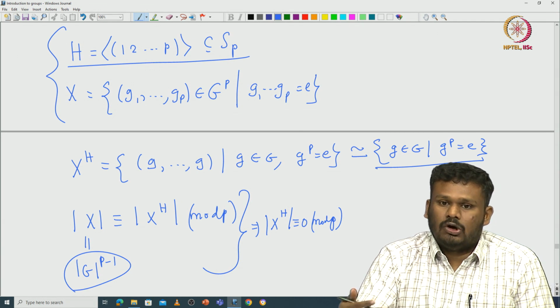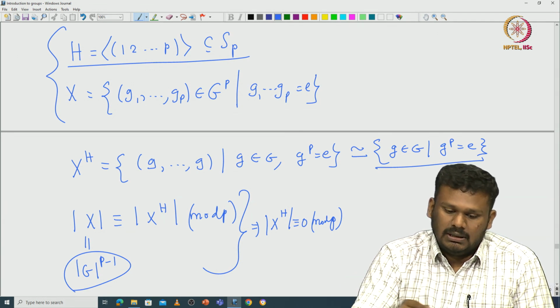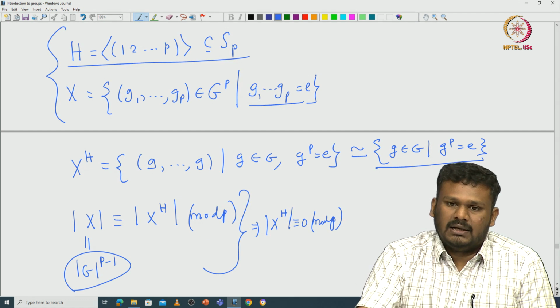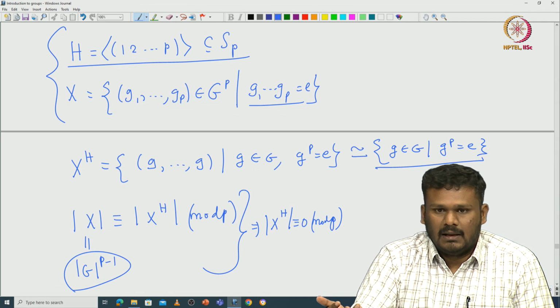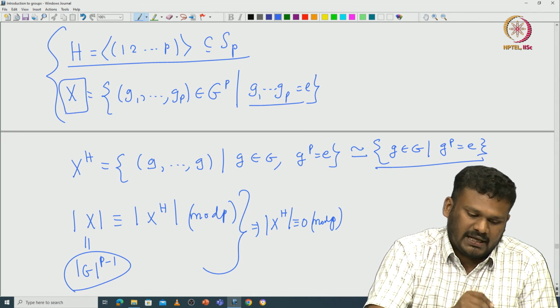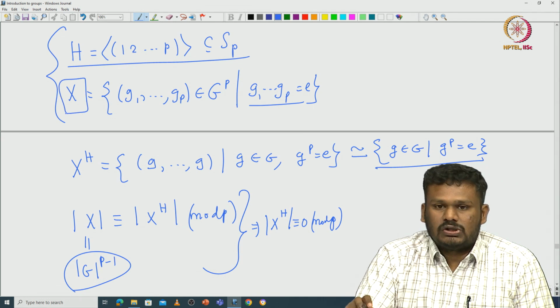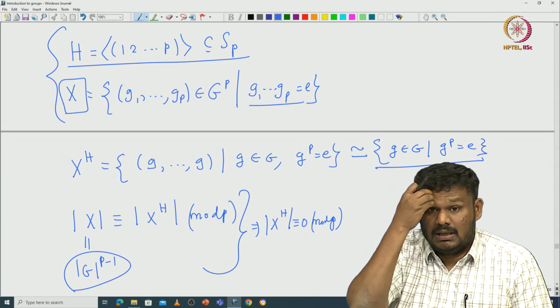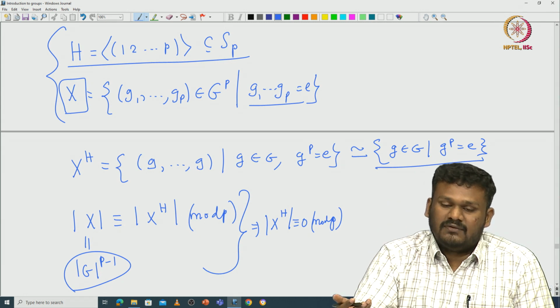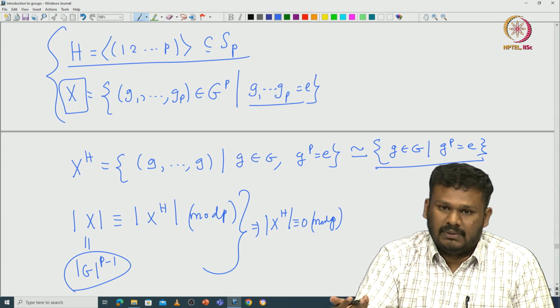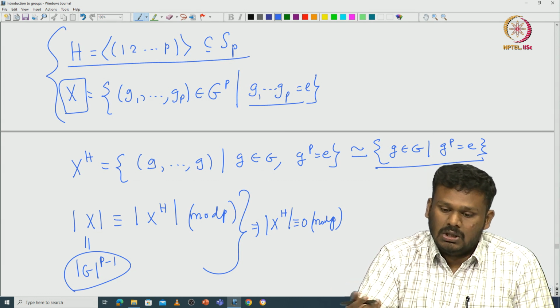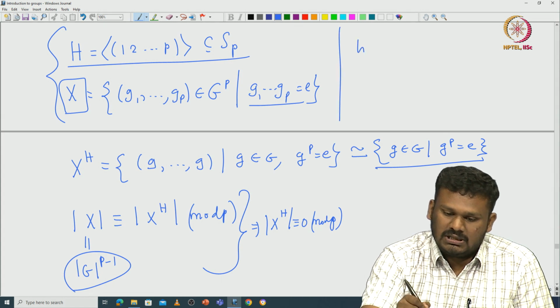So G^p now being abelian, if you take this product to be identity, there is nothing to check. S_p itself acts on G^p. If you take this particular subset capital X, on which S_p will also act, because the product of the g_i is identity. The order in which you write the product does not matter whenever G is abelian. So, when G is abelian,